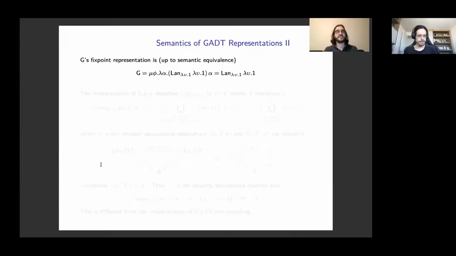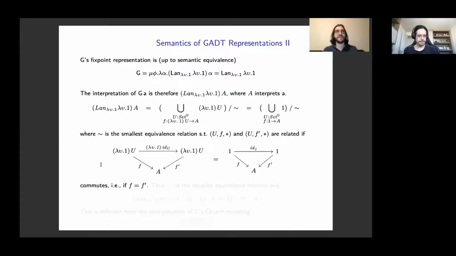We notice that the fixed point representation can be simplified by actually removing the fixed point operator, as the recursive variable bound by the operator does not appear in the body of the type. The left Kan extension can be computed by a colimit formula as the quotient of a union.